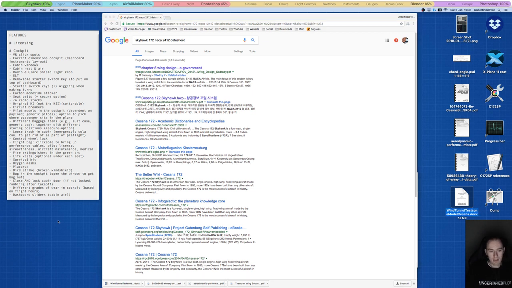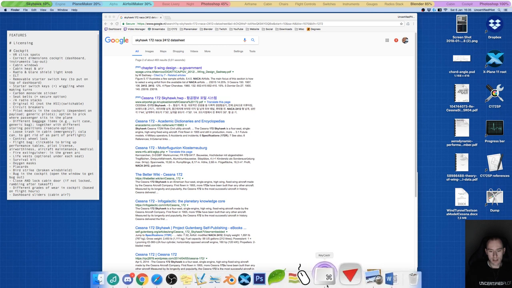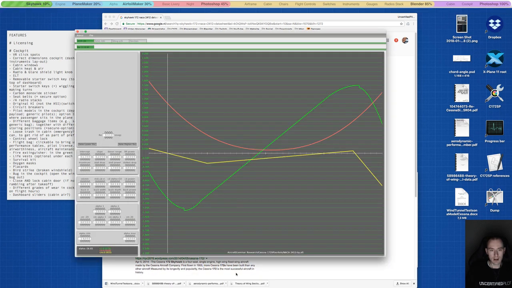It could be that just the basic numbers are set in PlaneMaker, and doing test flights is mostly a matter of doing AirfoilMaker. But that becomes quite a complex task if you